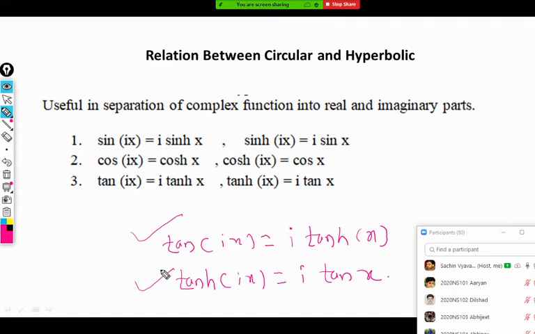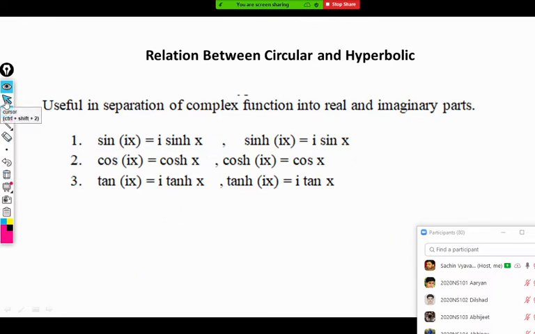Is there any doubt? You have to remember this set. These are required now. While solving examples, you require these formulas. Can you remember this? I already gave a hint. Just correlate with the negative sign, or correlate with the odd and even functions. You will get these results there.